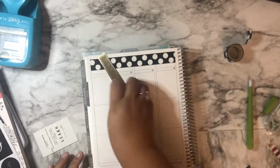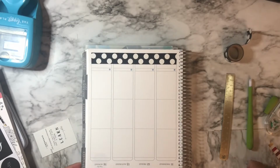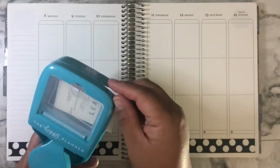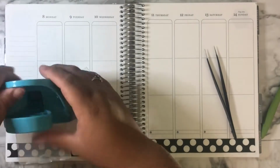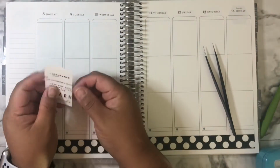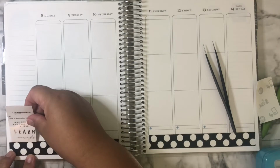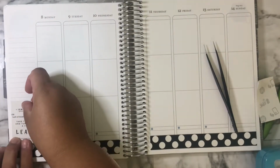But that washi I bought at Michael's for 33 cents. And so I love this pattern washi with the polka dots. I love polka dots. I actually have my classroom with a lot of polka dots. And then this black and white aesthetic is like right up my alley. So I am using as much black and white as I can pull